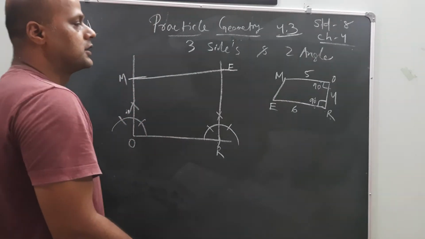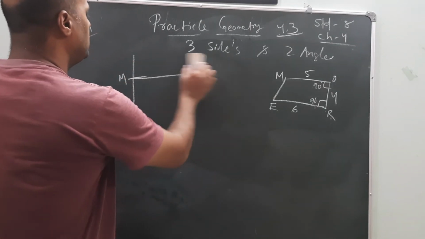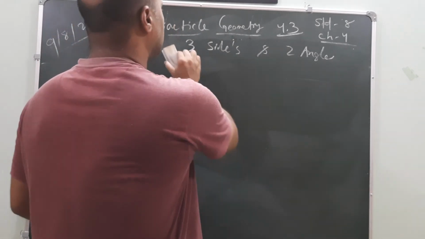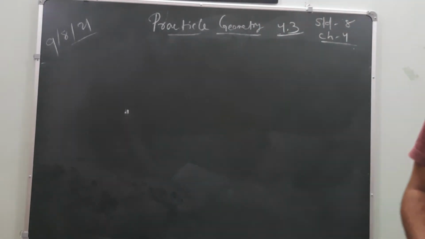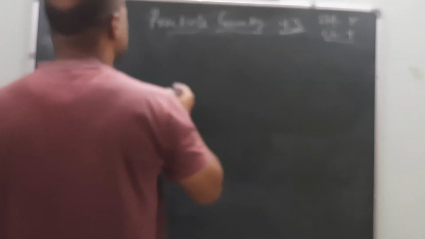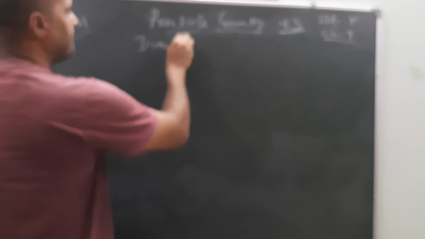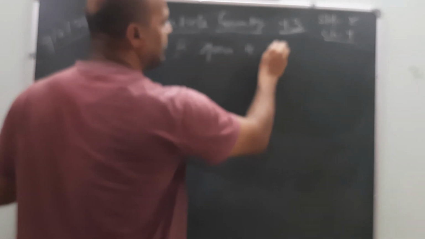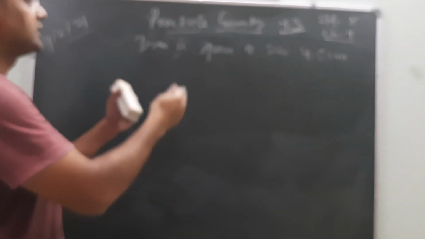Okay, now come to the last but not the least. Which one? If only a simple statement is given, then how will you draw it? It will say, draw a square. Still, the simple statement is what? Draw a square. Draw a square of side 4.5. So it is the simplest one.